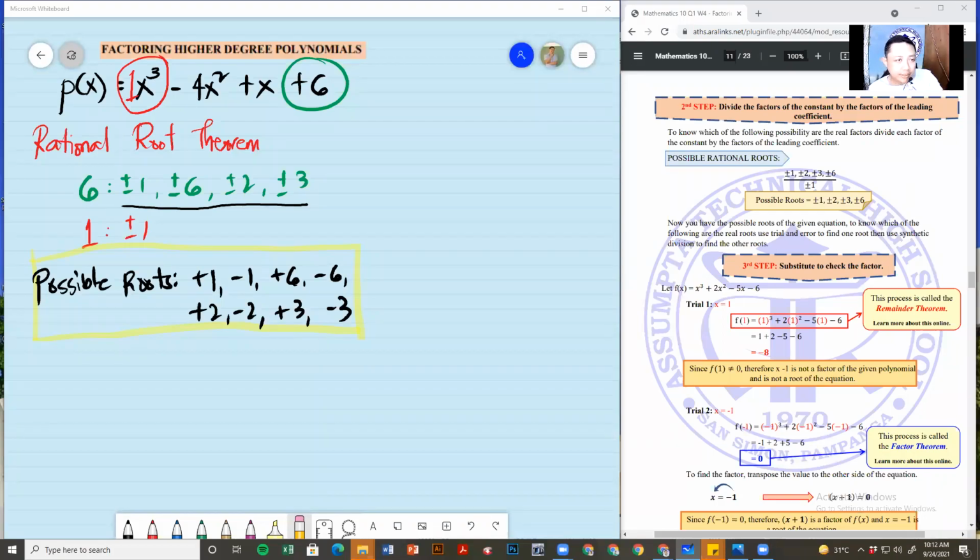So for this process, all we have to do is to first get the possible rational roots. This is just what we did. We got the factors of the constants and the factors of the coefficients. Okay? And so now, maraming paraan on how to do this. But since this is cubed,